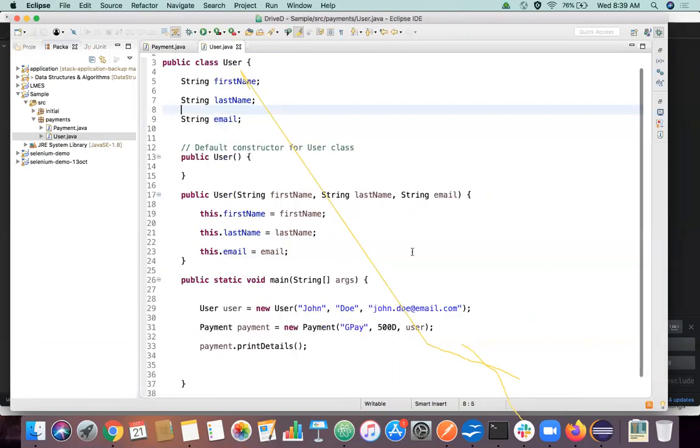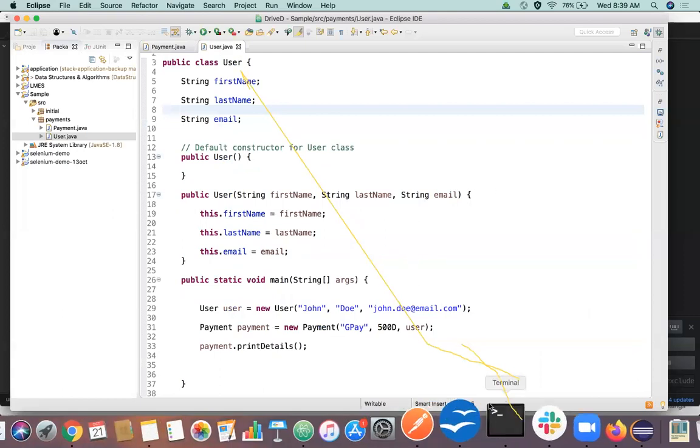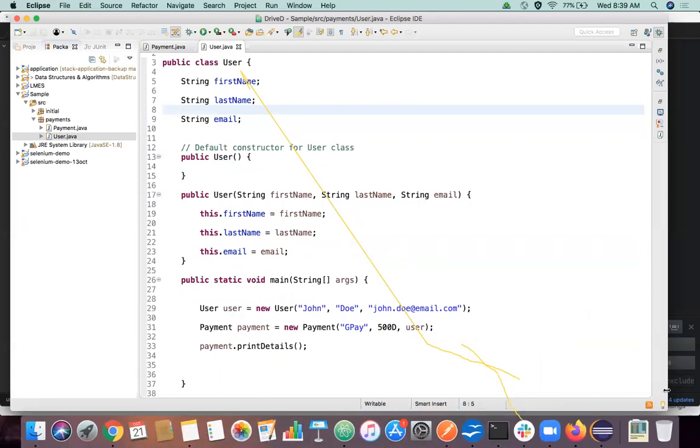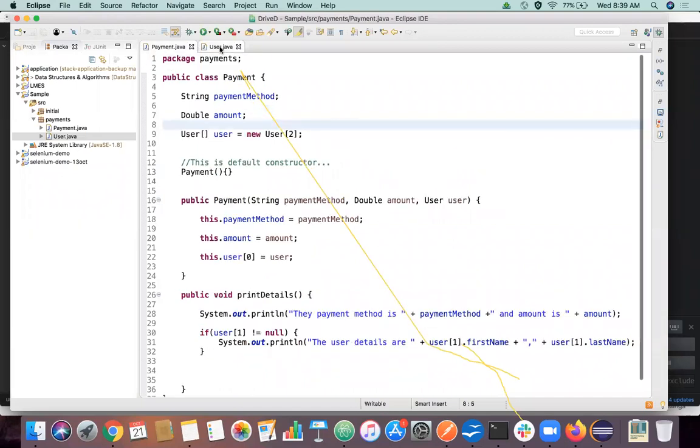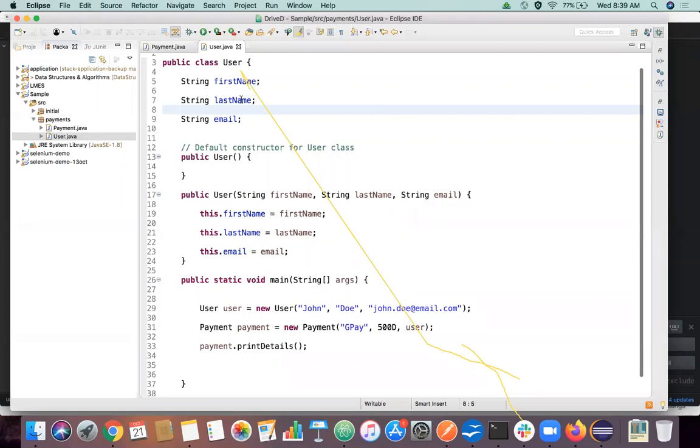So now I have this user class. Just give me a second. Someone, are you seeing some yellow line here? Everyone, I hope someone drew something here. Someone drew some annotation here. Not sure who did this. Okay, let's not bother for now.